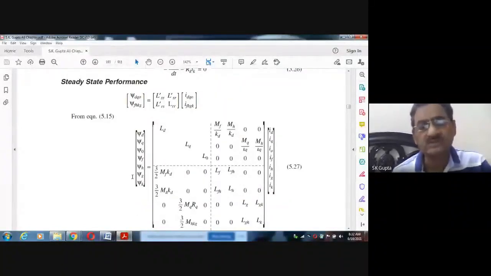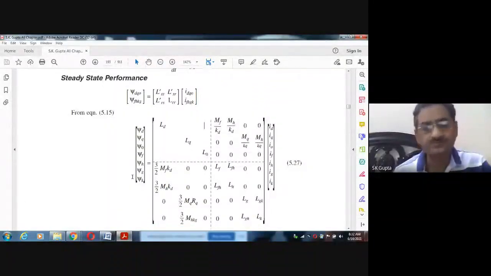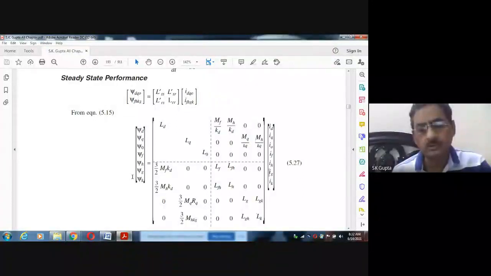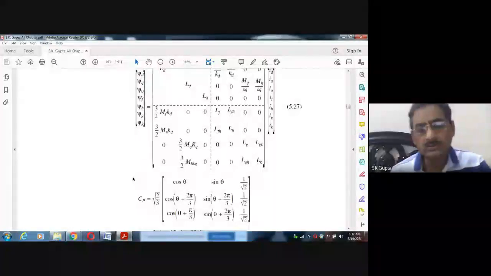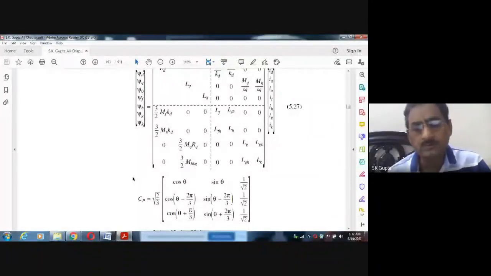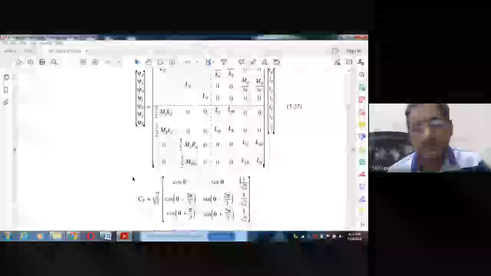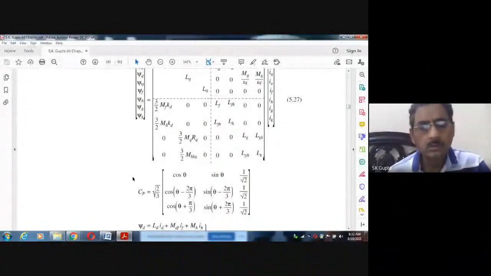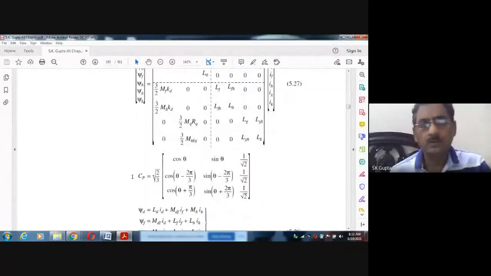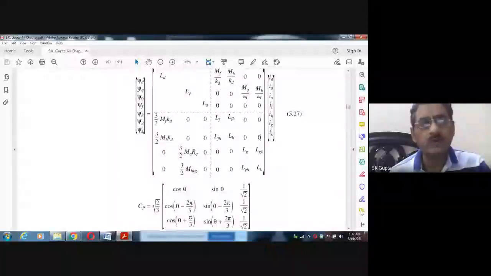So these are the flux equations. You understand what is the meaning of these flux equations? And this you already understand, CP. CP is the transpose or inverse of the Park transformation P. Okay. So from here we write phi d, phi f like this. From here, we write the equations for phi d, phi q, phi 0, phi f, all the